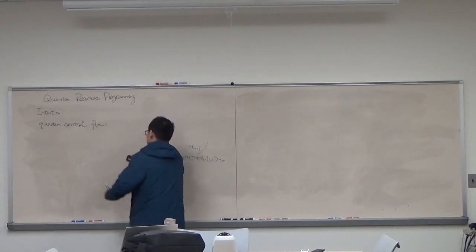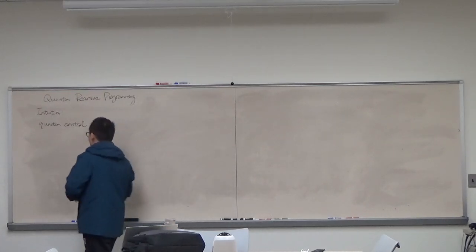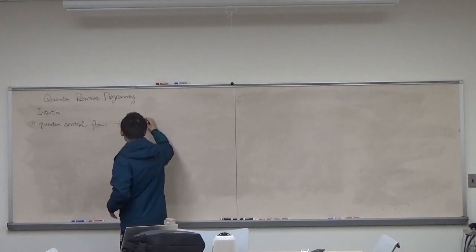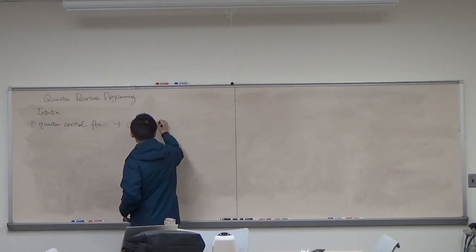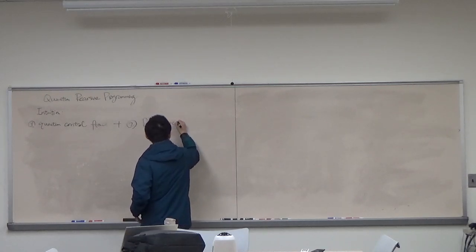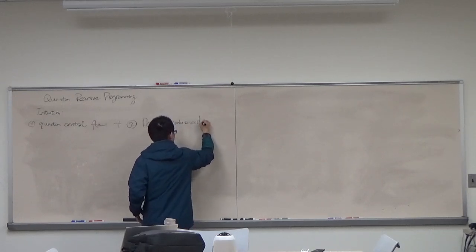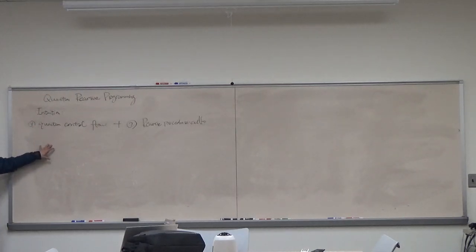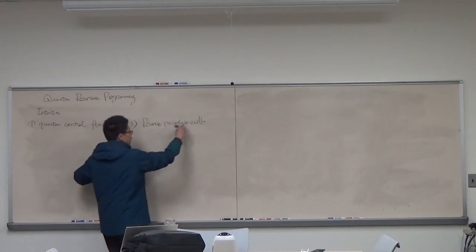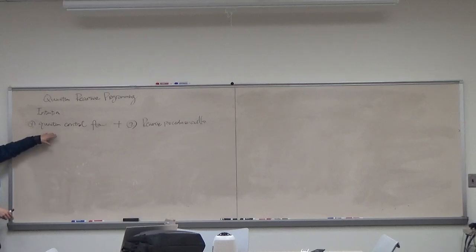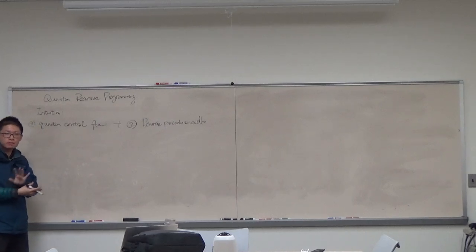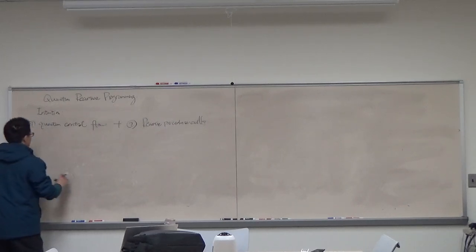So this is the first feature, and we combine it with the second feature. This is what we have seen before, the recursive procedure call. Then this gives you the quantum recursion. And the caveat here is these two features can be combined in an interleaving way. So that could be very complicated. For example,